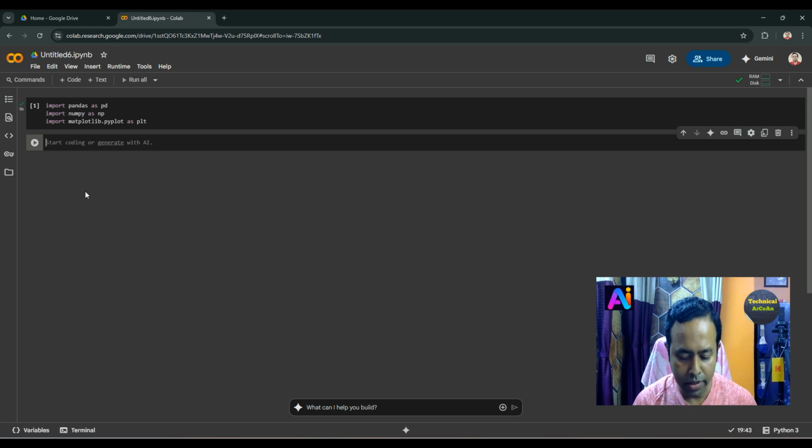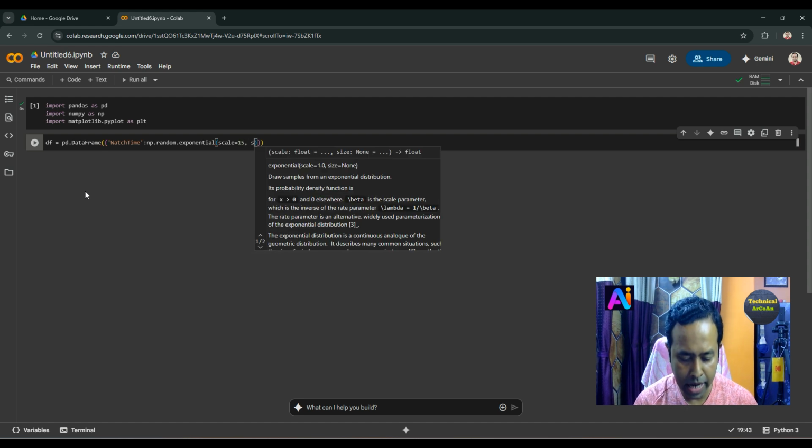Just write df equal, and then write pd dot DataFrame and send as an argument within curly braces, watch time, and then we put a colon and then send np dot random dot exponential